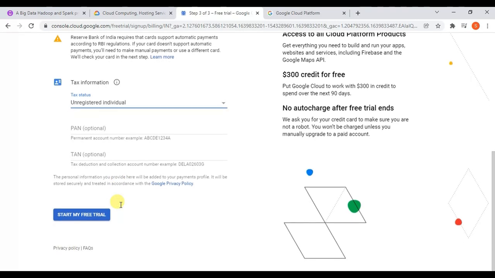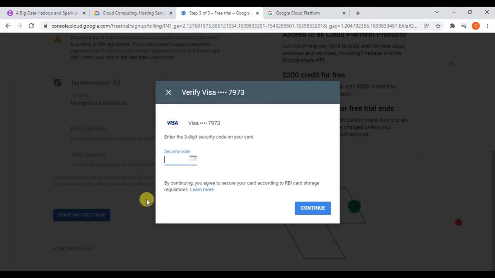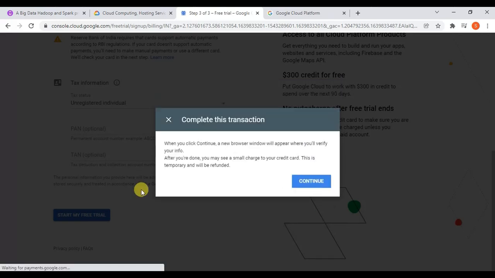So, start my free trial. You have to enter your security code there and then click on continue. Then it will redirect to another page. Just click on continue.